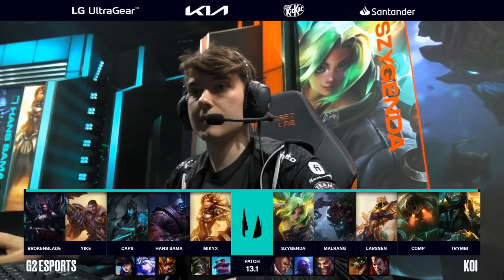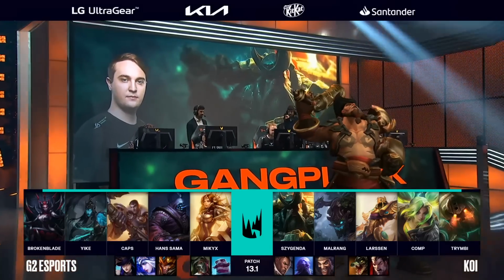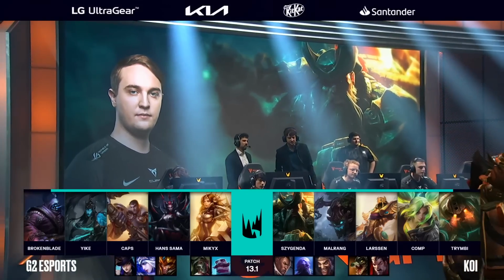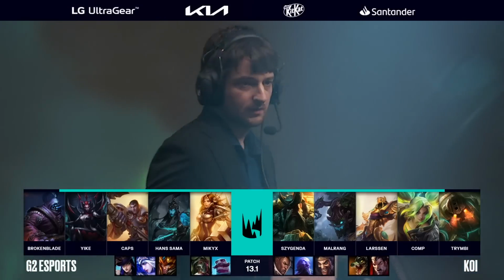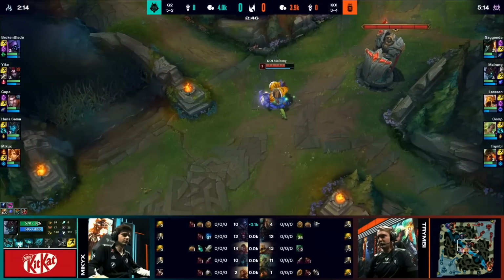Sion does a similar thing. Gangplank though. There we go. I like that a lot more. I think that they didn't need more frontline. I think the damage is a great thing to have, and I think that when you're going into a slightly shorter range AD carry in the form of the Zeri, so G2's bot lane should still be okay